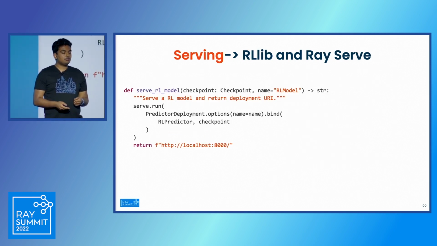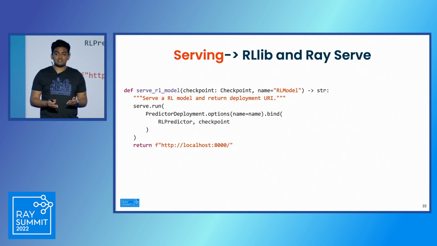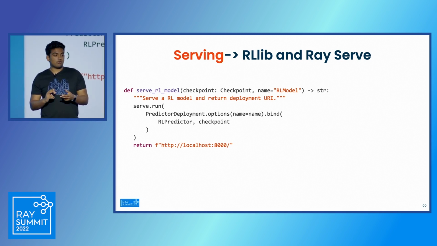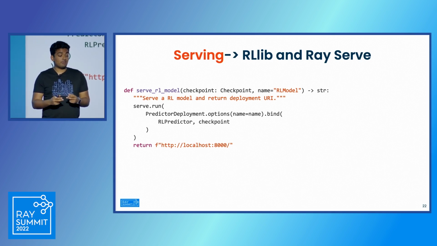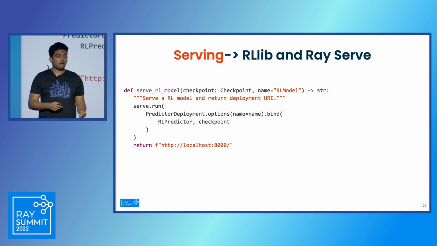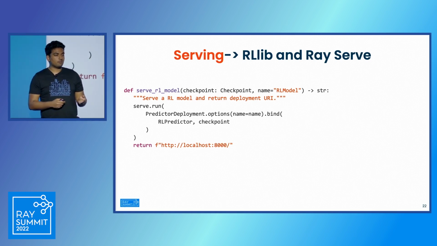And then finally, you've trained your policies. You need a way to serve them. It's very easy to serve them via Ray Serve. RLlib models directly are servable very easily inside Ray Serve. And so I've shown some snippet code over here of how you can serve trained models. As you can see, it's also, again, 10 lines.